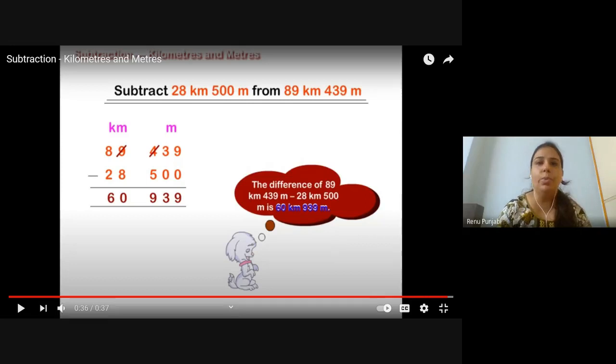I'm going to show you the worksheet based on this. 2 sums you will do here right now in the class, and the remaining 6 sums will be your homework. This worksheet you will get in the class maths folder as today's homework. So 2 sums is your classwork. Start doing. I'm going to present you my screen.